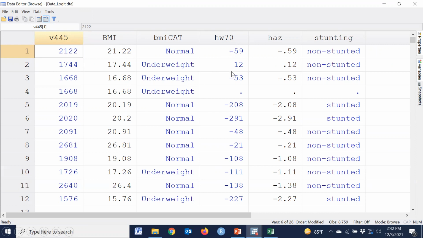HW70 is the original variable of height for age z-score, and after considering the decimal place it has been divided by 100, so the HAZ variable was defined as HW70 divided by 100. And the stunting variable was defined as if HAZ is less than -2, then this is called stunted, otherwise non-stunted.